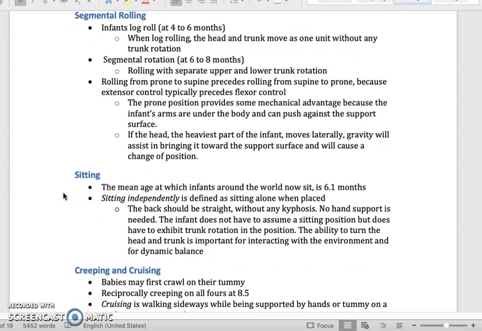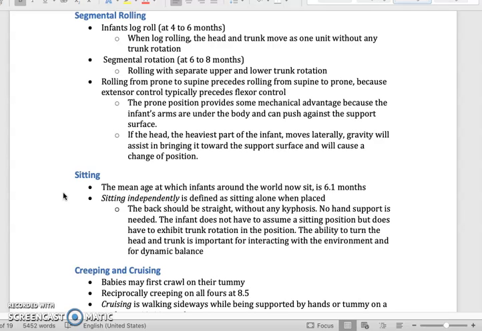But what's cool about all of this is that it's happening at the same time, because now not only is a child able to roll, but also a child can be placed in a sitting or a ring sitting position and be able to independently stay there. Okay. So they've learned how to get some segmental rolling in a dependent place, right? And so now we move to this sitting, and they have to go back to kind of this static position. And then as they get a little bit older, they're learning how to dissociate their body or their trunk and get some counter rotation. So they are able to sit by themselves at 6 months.